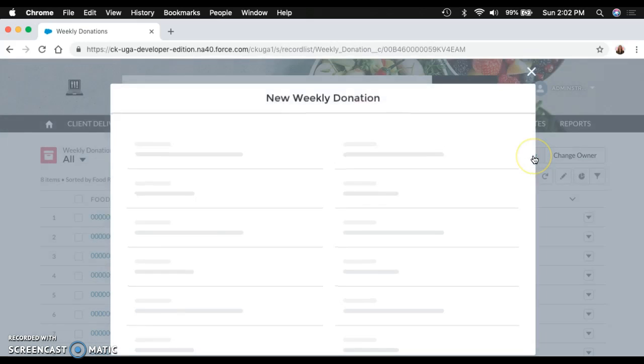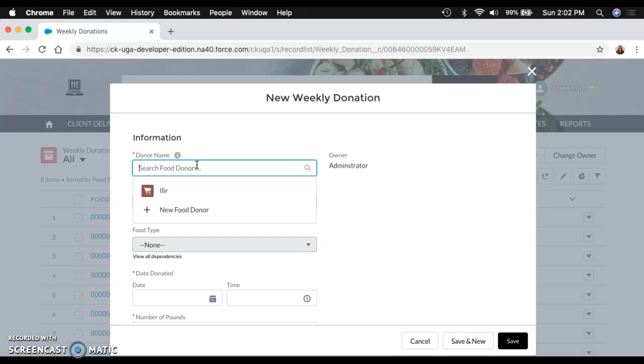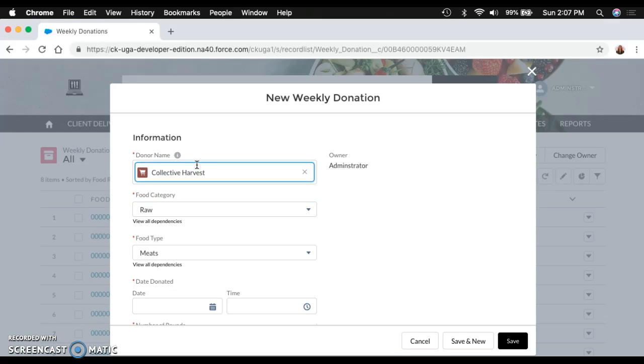The next is donations. This represents when agencies give you food that you need to record as inventory. You're going to input the donor name, which in this case is going to be Collective Harvest. You'll search it as you did before. Next, these two fields represent requirements of documentation for the Food Bank of Northeast Georgia. The food bank requires you to submit